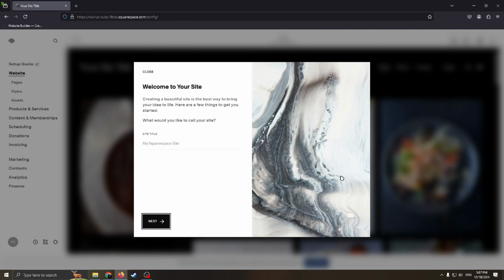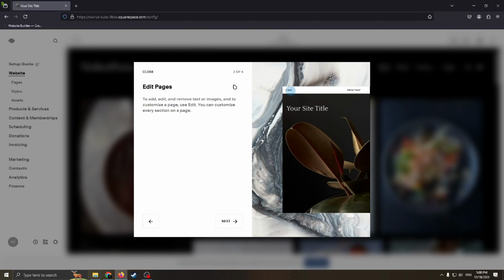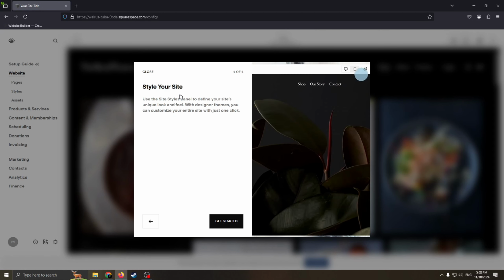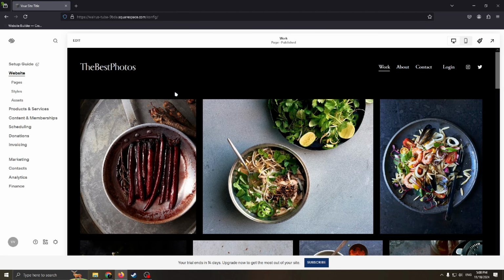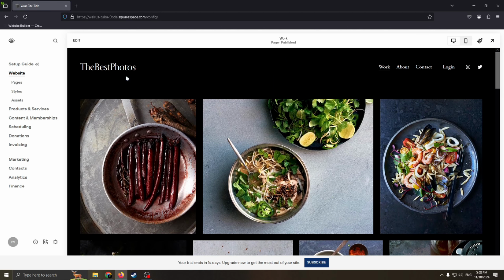Now you need to choose the name for your website, site title. So I'm gonna name it the best photos, then click next. And here you can see some tips how to edit your site, edit pages, create pages, style your site. I don't need those tips, I know it, but you can use these tips. So now you can edit this template, the site, by clicking this edit button right here. But before, you need